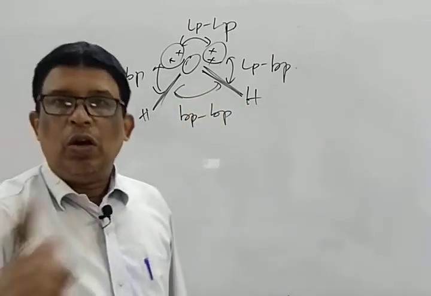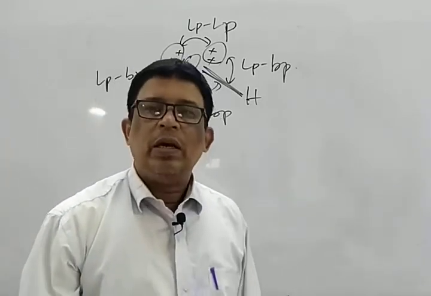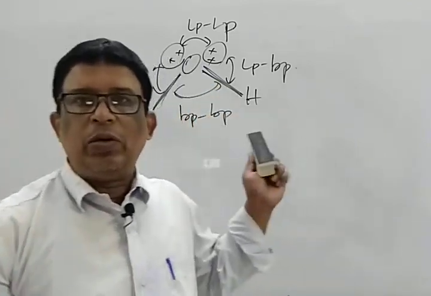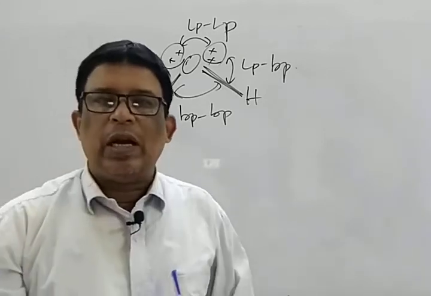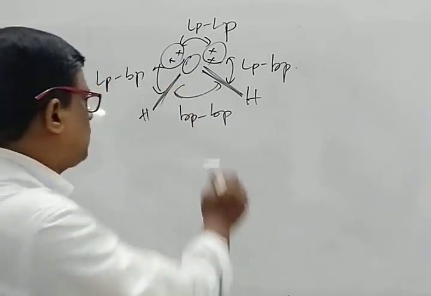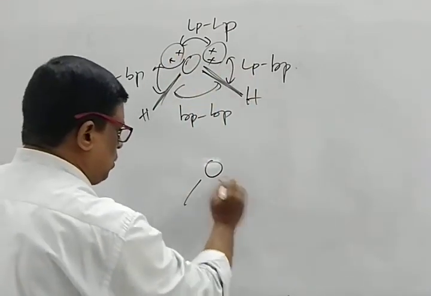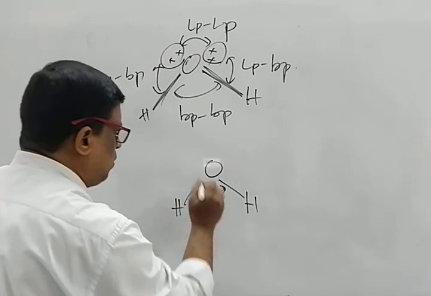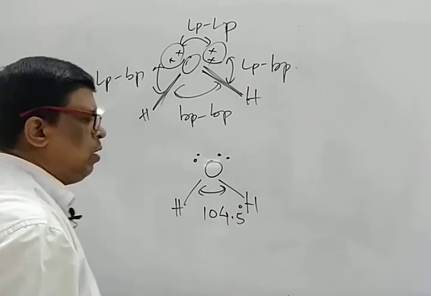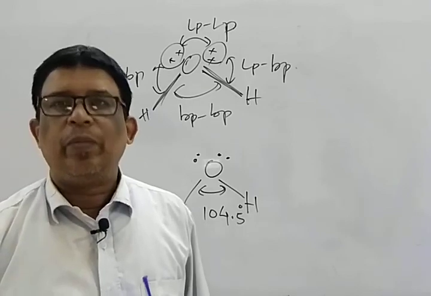As we know, lone pair repulsion is maximum. Normally the bond angle HOH is 109 degrees 28 minutes. But due to this repulsion, the bond angle squeezes to 104.5 degrees or 105 degrees. So mark that it is LP-LP, LP-BP and BP-BP, and the structure squeezes to 104.5 degrees or 105 degrees. That is a little bit of an idea about VSEPR theory.